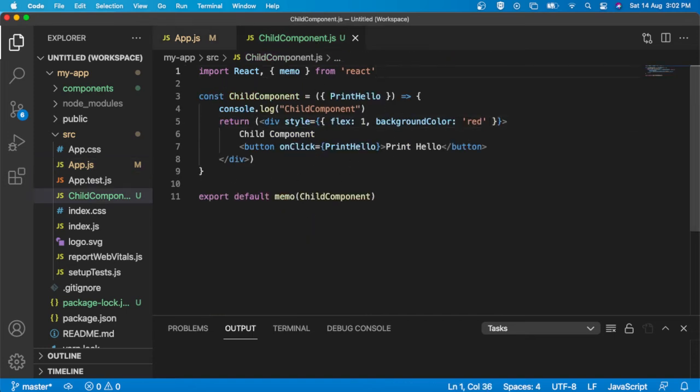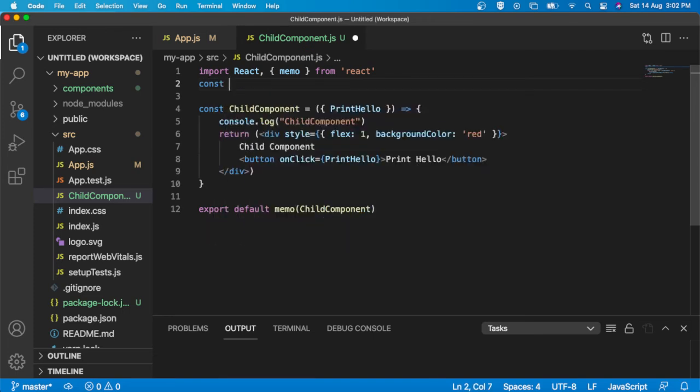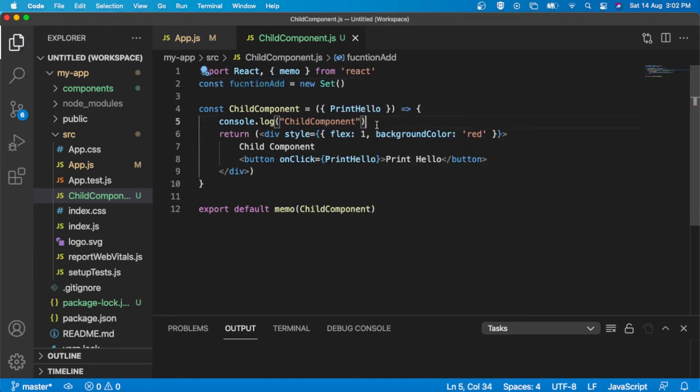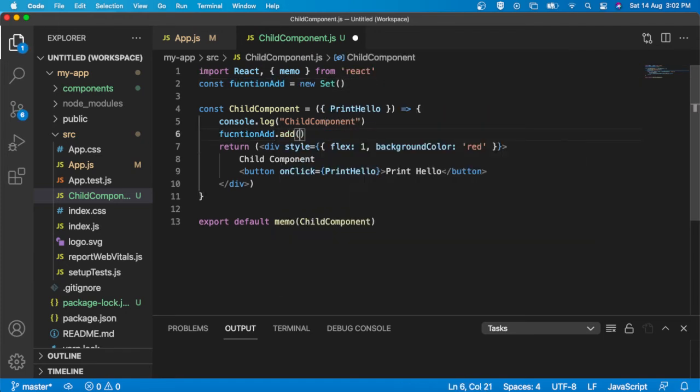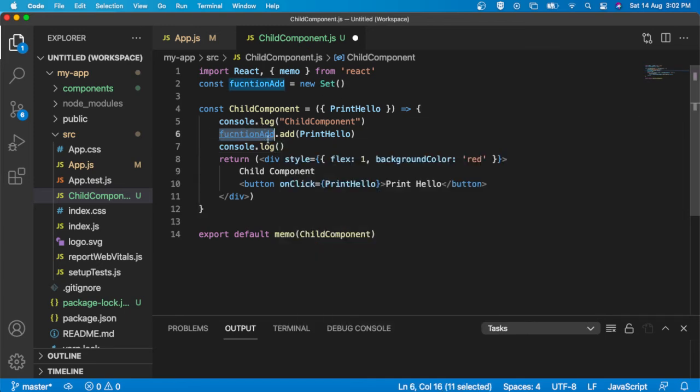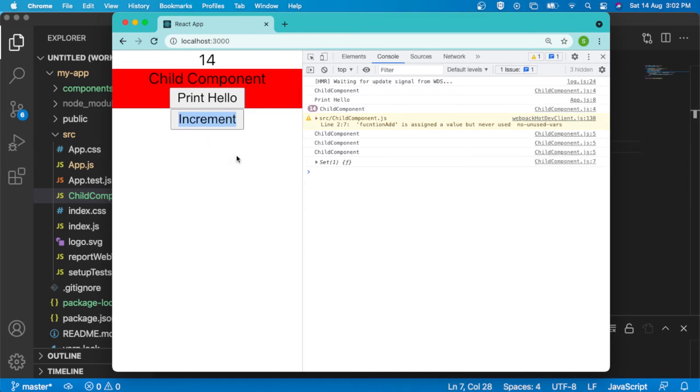So we can verify that using a state. I'm just verifying whether the function is reinitializing or not. So what I'm going to do, I'm going to declare one variable, const add, as a set. Inside this I am going to add that function, print value. Now if I try to console log this function add array, see, initially it is added one time, because we are rendering this function the initial time,